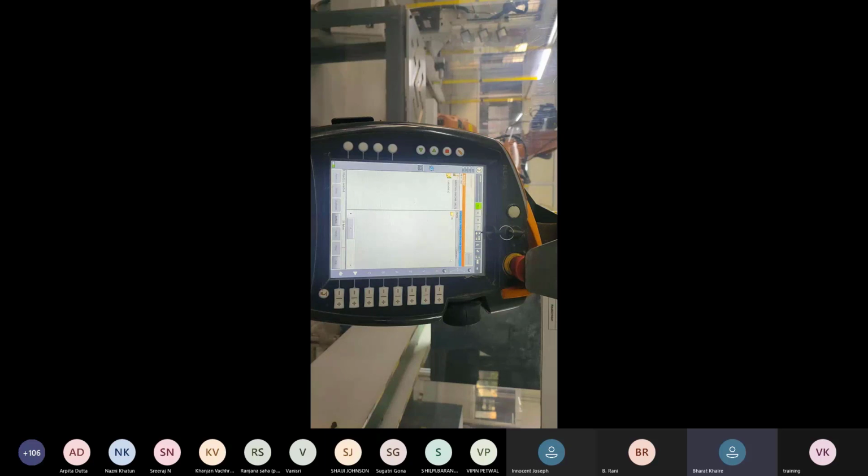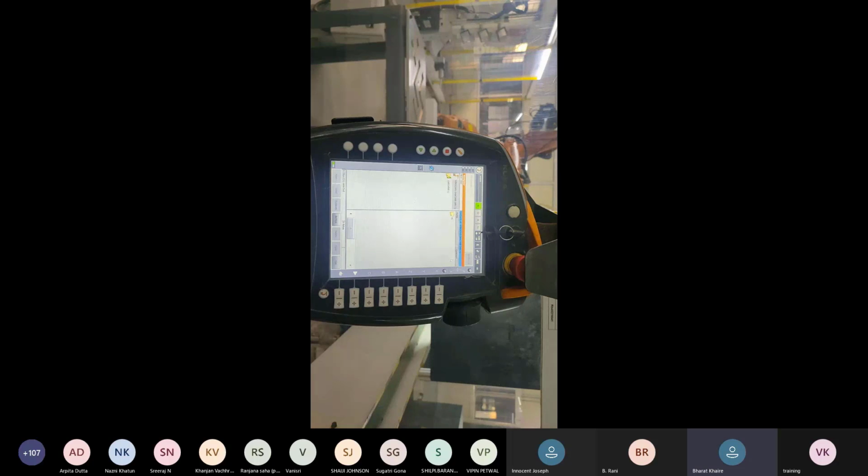We are going to start a practical session. You are watching one HMI. It is a teach pendant, right? So we all know now there are mainly three parts of a robot. One is the manipulator, second one is the controller, and third one is the teach pendant. The second name of teach pendant is a smart pad.